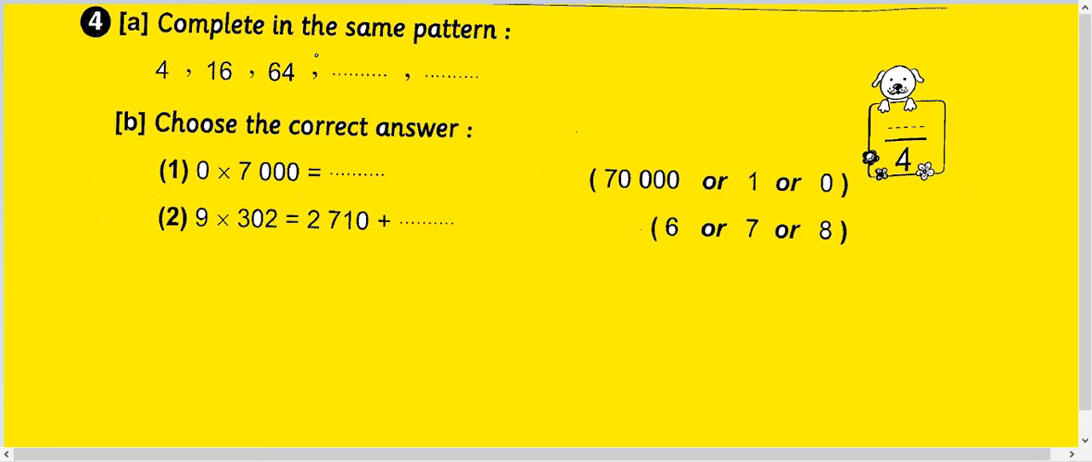Question number 4. Complete in the same pattern. Here we have 4, 16, 64, and so on. 4 to be 16, we can say 4 times 4. 4 times 4 equals 16. And here we have 16 times 4. It will be 64. So here 64 times 4